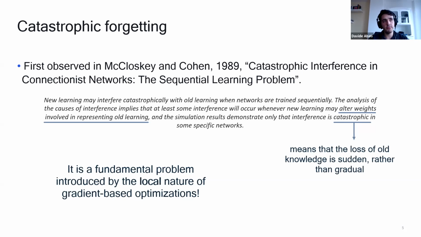It's local both in parameter space, so that gradient direction only has value in a very narrow surrounding of the parameters that you're at, and most importantly, it's also local in the data, so that update depends on the data that you used in the forward pass. And if that data is not representative of the whole problem, then that will be a bad update for the whole problem. I hope this makes sense.